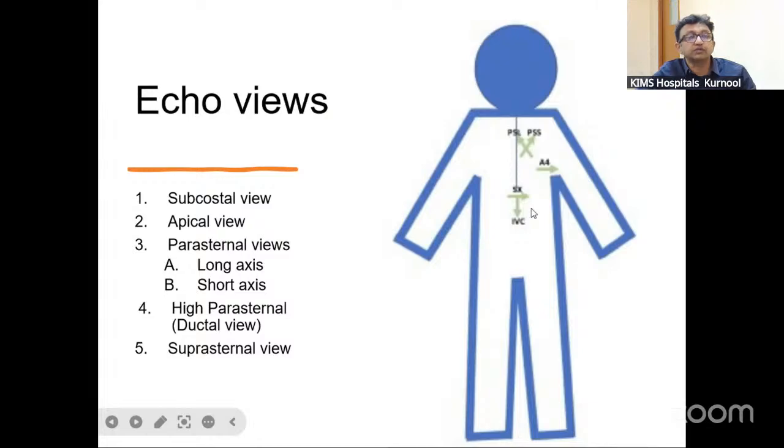It helps us to get good landmarks, right? So parasternal long axis and short axis, also called low parasternal views, and then you have a high parasternal view or the ductal view, and then the suprasternal view,